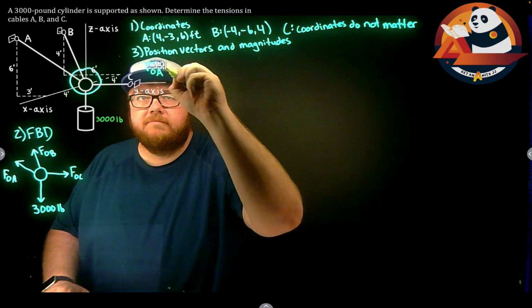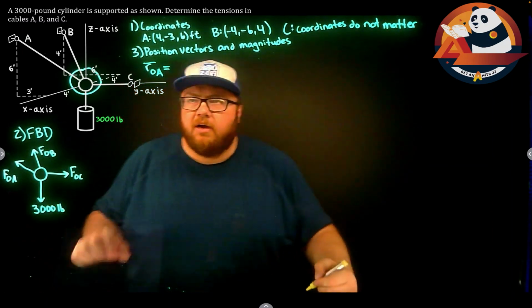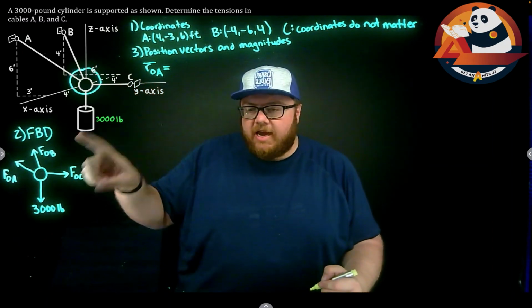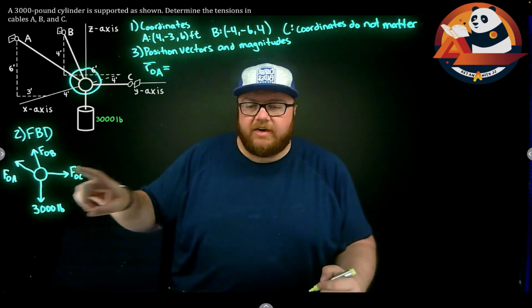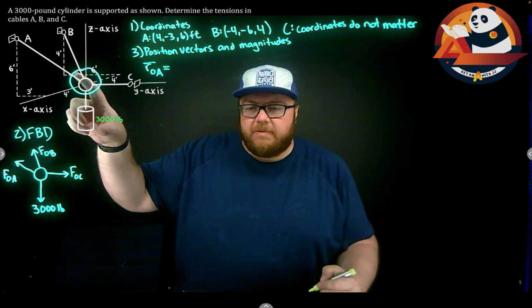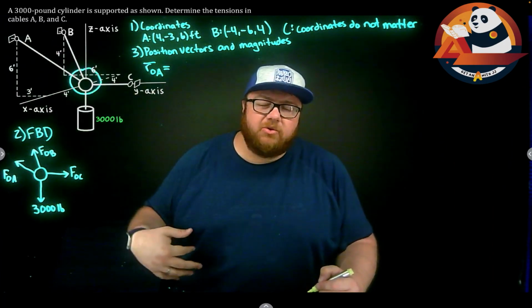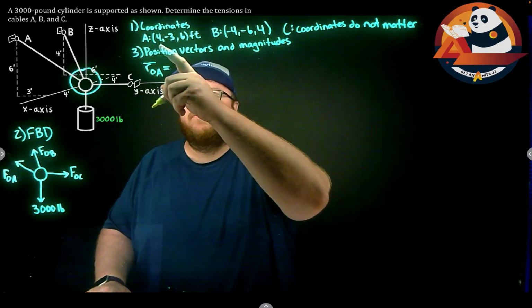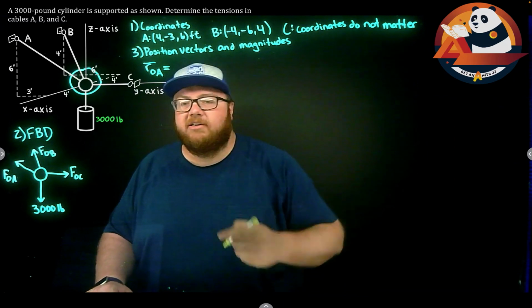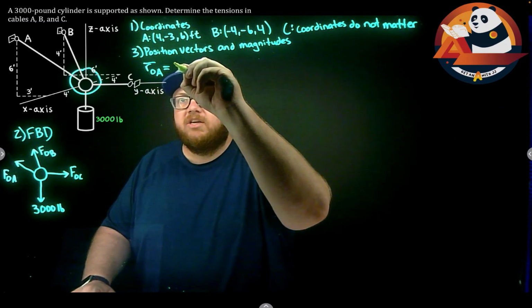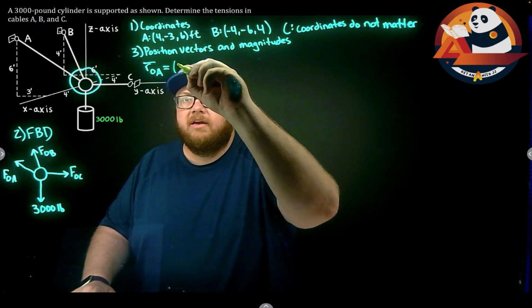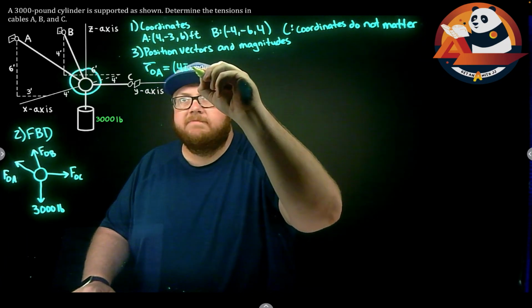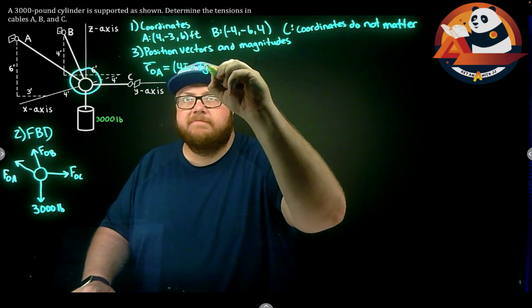ROA, we're looking for a vector that goes from the origin to A, matching our force vector. ROA would be the coordinates of A minus the coordinates of the origin. If the origin is 0, 0, 0, then 4 minus 0, negative 3 minus 0, 6 minus 0. For this problem, it's just going to get us the coordinates of A. So 4I minus 3J plus